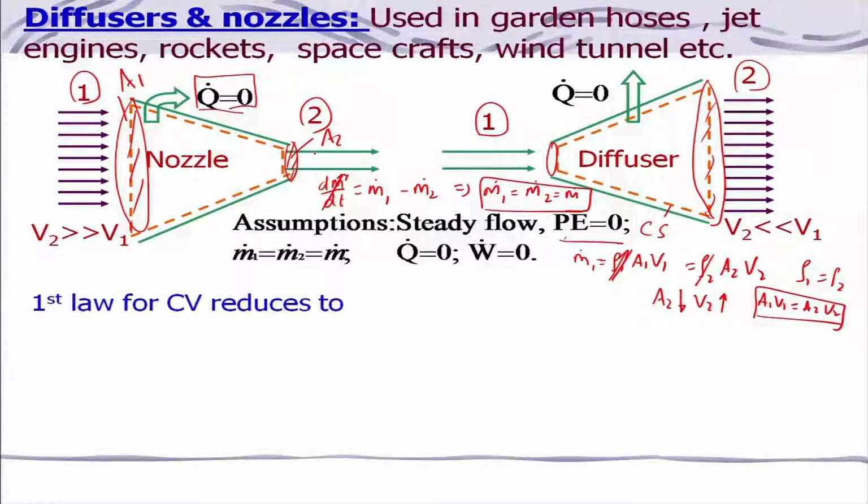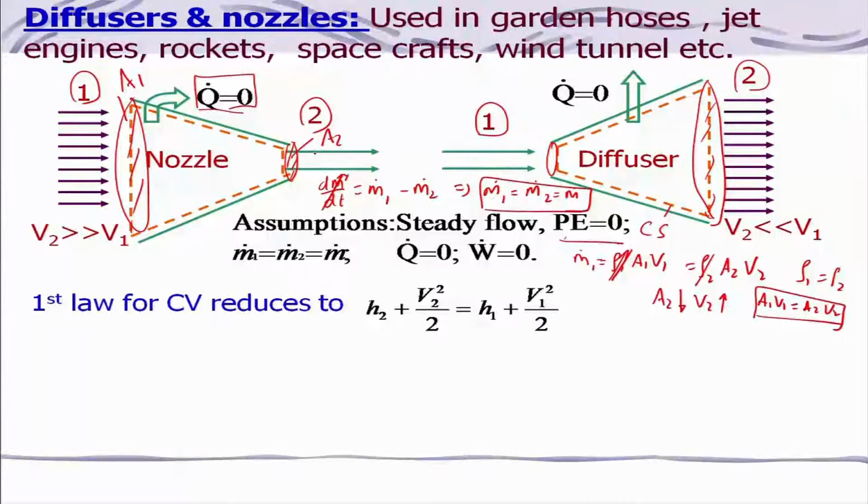So, looking at the assumptions, we have assumed that the change in potential energy is 0. Can I say the change in kinetic energy is 0? I cannot afford to, because we are either increasing or decreasing the velocity, and that is what we want to know. It would also be a very higher-order term, so we cannot neglect it, and then we will apply the first law of thermodynamics, and what you will